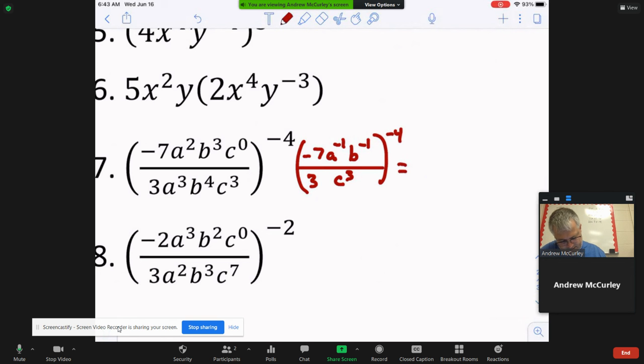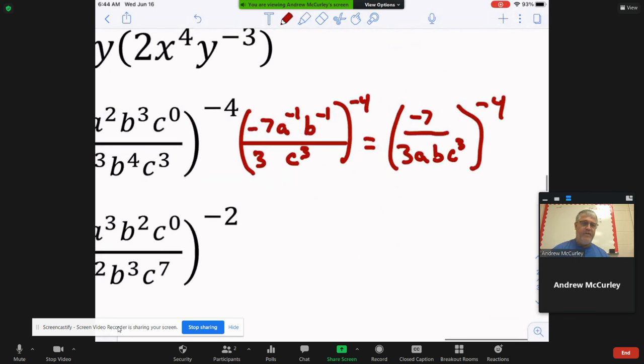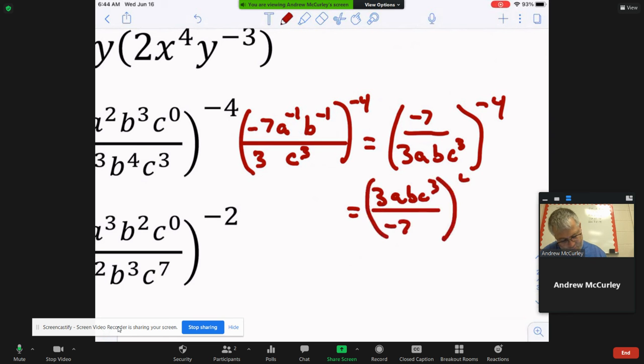equals, let's just clean that up again. So all that's going to go to the bottom. So it's going to be -7 over 3. A comes down, B comes down, C stays there. All that to the -4th. Now it's negative, so we can do that switch rule, that reciprocal rule. So we're going to say, okay, 3abc cubed can go to the numerator, -7 to the denominator, and now it's not all to the -4th, it's